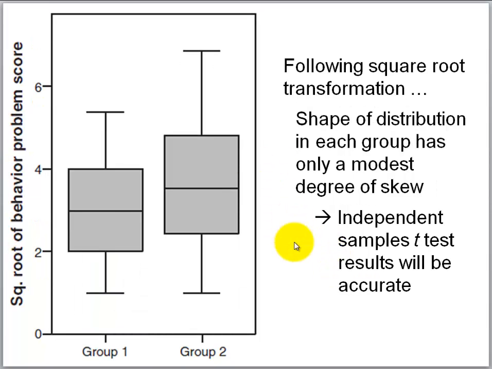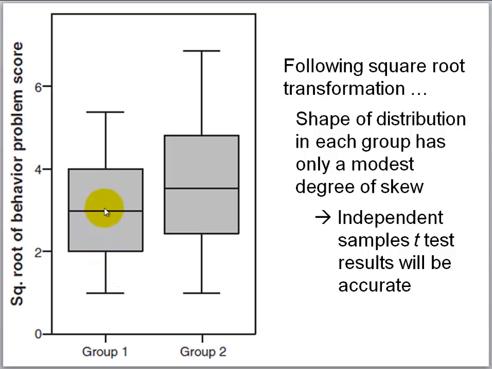Now let's go ahead and implement a square root transformation. We'll take the square root of each score, and those will become our new scores, and let's plot those square roots using the box plot. And so here are the scores in Group 1, here are the scores in Group 2. More specifically, these are the square roots of the scores,